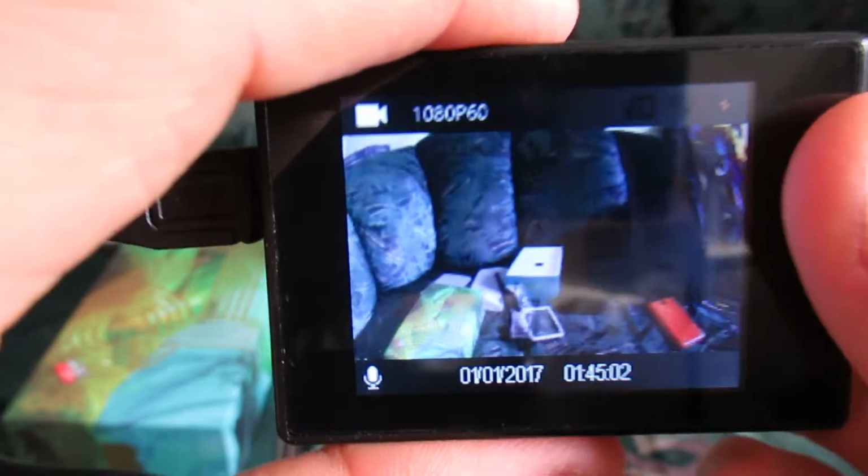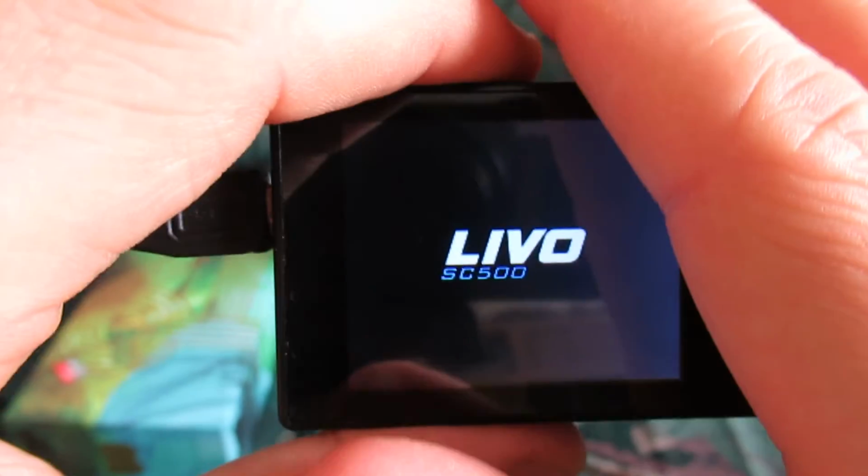I would always turn off the camera because what happens sometimes is, if the camera is on and charging with certain action cameras...